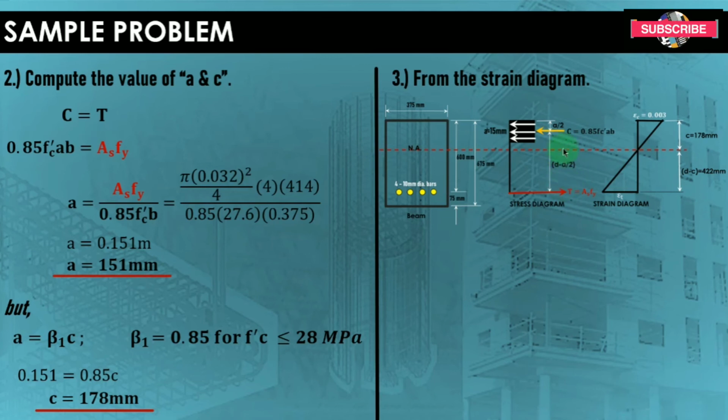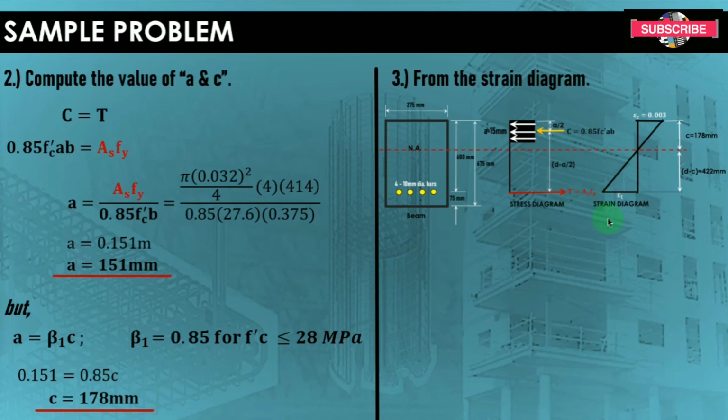Okay? So, pagkatapos dyan, ang pinaka-importante dito is itong strain diagram natin. Okay? So, we have this c equal now to 178. And also, the value of our d minus c is just equal now to 422 mm. So, yung d natin is 600, 600 minus ang c, minus 178, so this would be 422 mm. So by ratio and proportion dito is